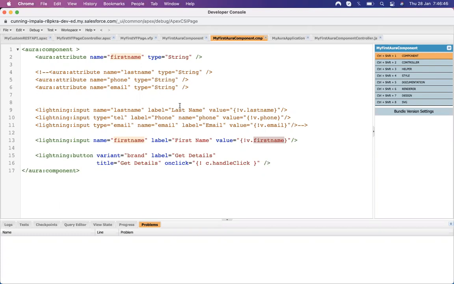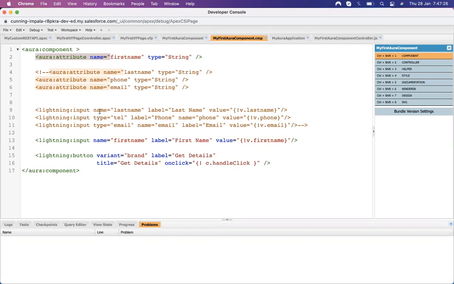So line 2, what is the purpose of line 2? Line 13 captures the input and assigns the value to this name of the element. Whenever the name is first name, this field's value is whatever you put in the input box. This one is capturing and also creating the input box, line 13, I think, right? It's only to capture. What about line 2? If we don't have line 2, what happens?